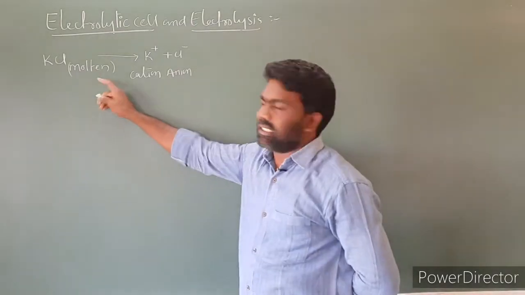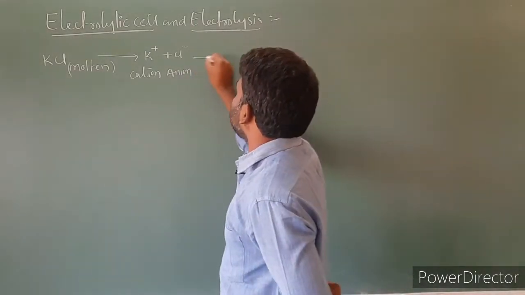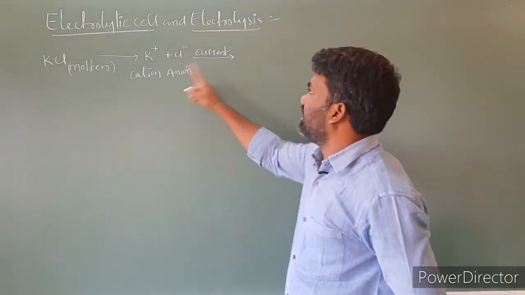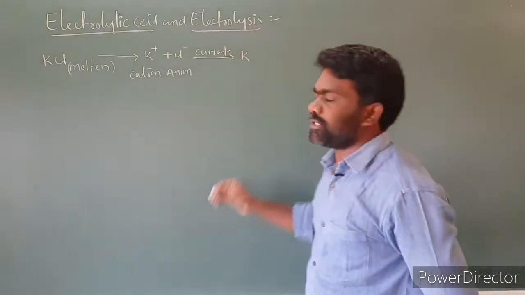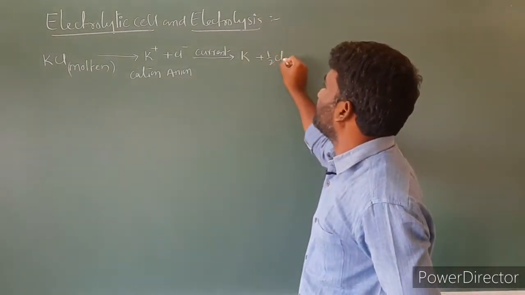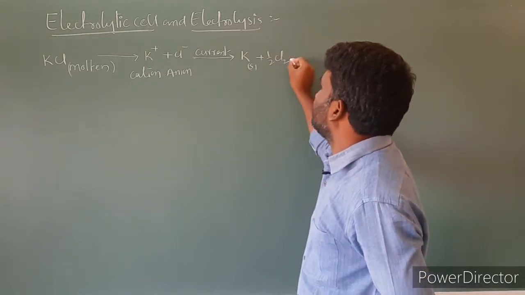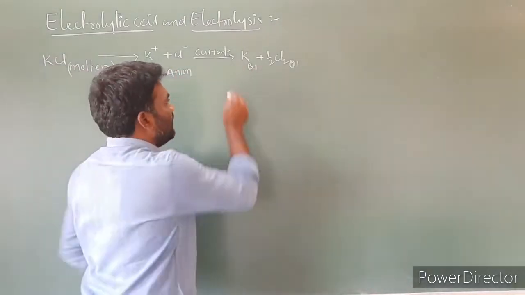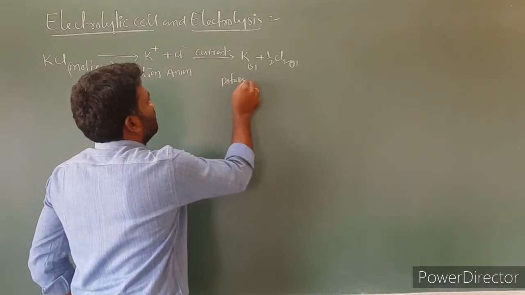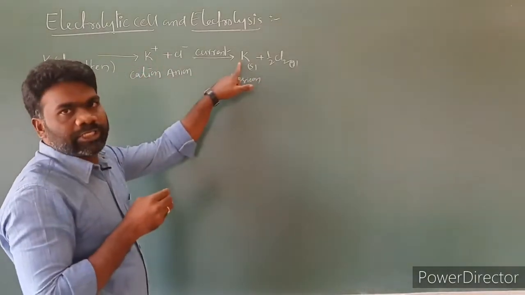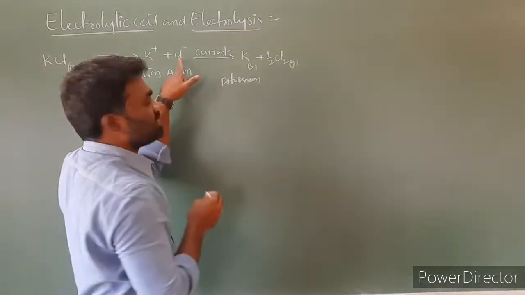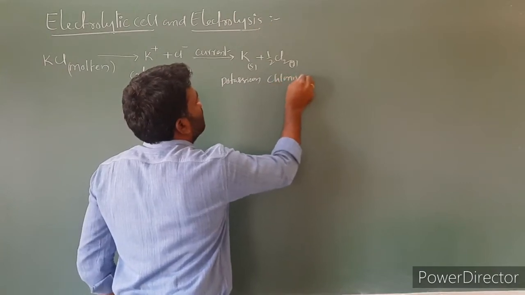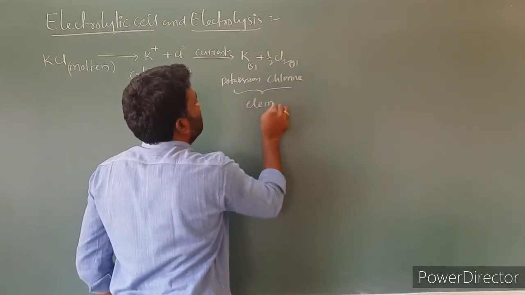Through this molten KCl, if we pass the current, we will get the products. One is potassium and the second one is chlorine, half Cl2. So this is the solid form, this is the gaseous form. Here we had the potassium ion, but here is the potassium element. So K+ is converting into potassium element. This is ion, this is element. Here Cl- ion is converting into its element, chlorine. So these two are elements.